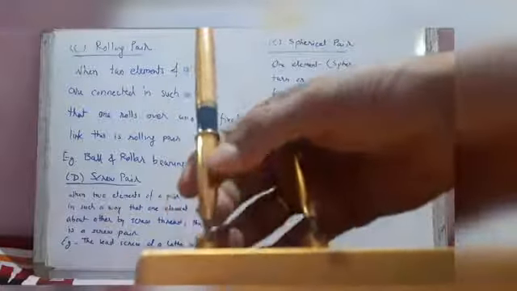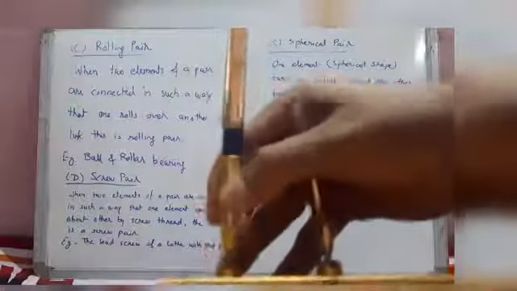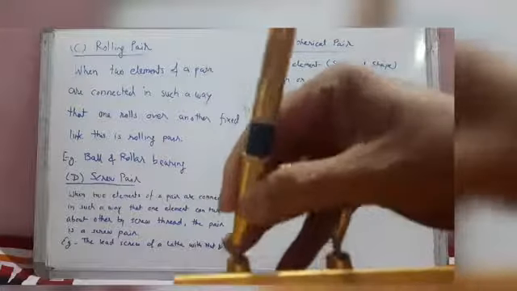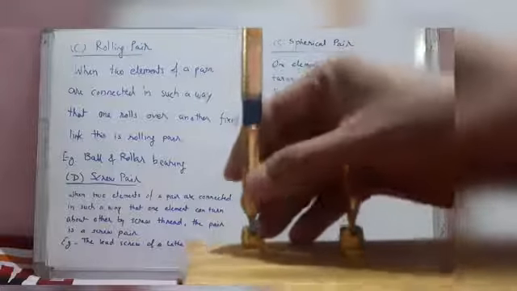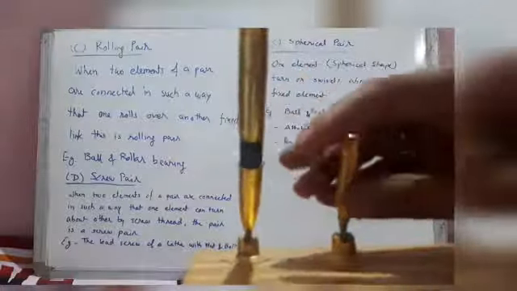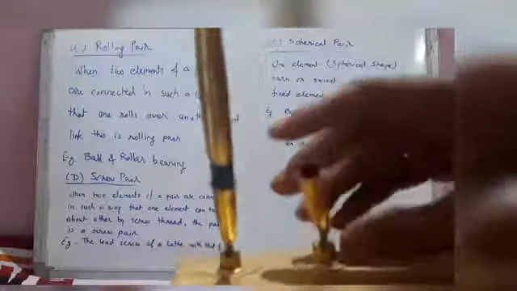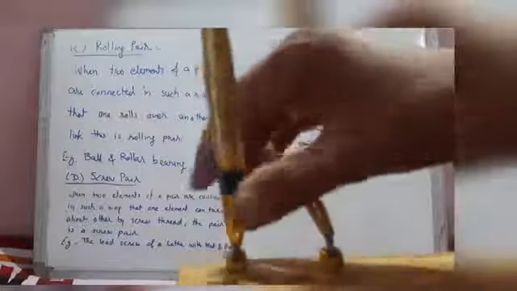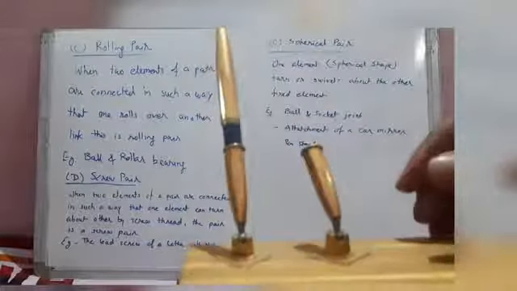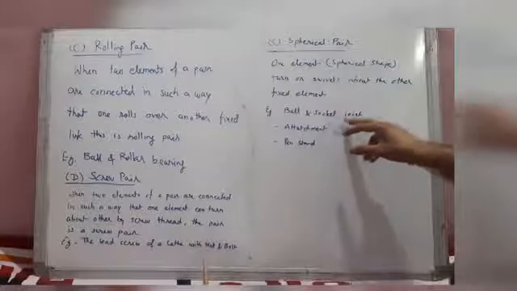You might see this round spherical shape is inserted inside, and this pen stand can move this side or this side. Sometimes when officers sit in front of you, this pen stand may be like this, and if someone wants to use this pen stand from the other side, then this can be twisted like this. This is a spherical pair, like ball and socket joint.